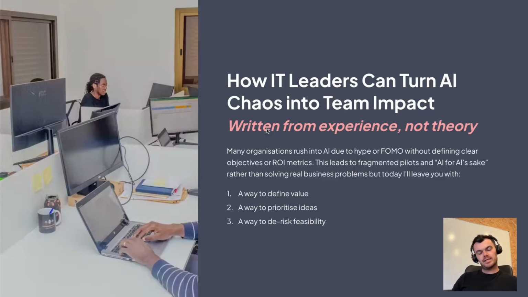how we think IT leaders can turn the chaotic starting point that most of us start with in AI into genuine results, genuine impact. I think a lot of things do start from shaky grounds, unsettled foundations. We've covered and worked on projects where we've seen how things can be done top down rather than from the bottom up. And today I want to leave you with how to define value, the way that we prioritize our ideas. One thing that gets missed out is, sure you can put things together, but how feasible are these ideas that come through? And getting the quickest type of feedback loop going so that it's tight and that it's reliable. So it's reliable, we can make better decisions.